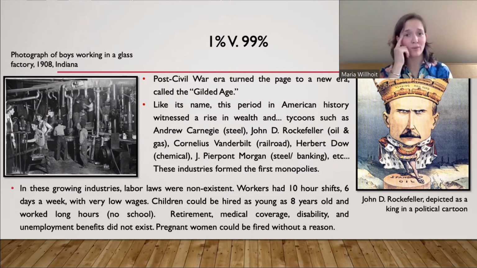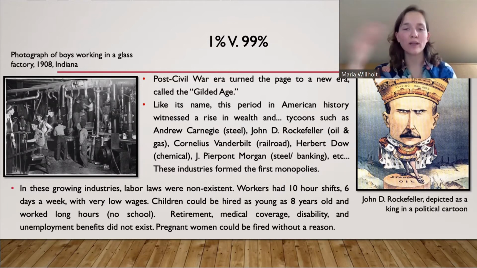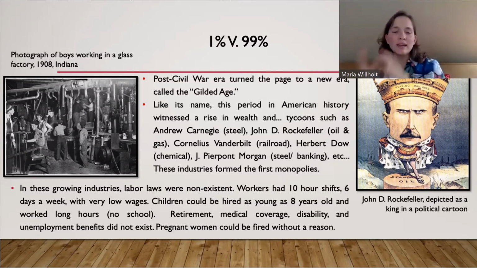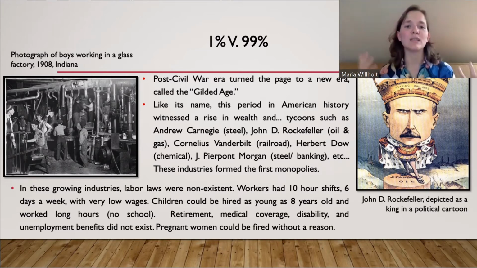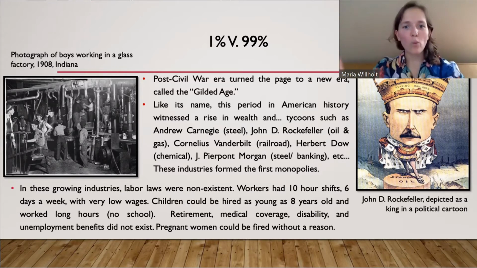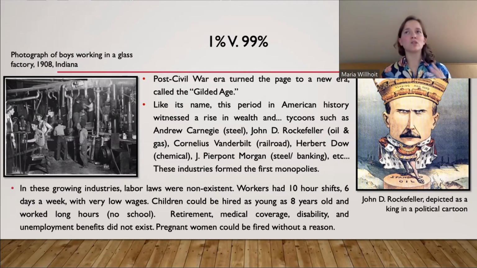And Mark Twain, the writer, actually called this time period, and it's really from 1865 to 1900, even I would say you can go to 1929, for about a period of 60 years, from 1865 to 1929, we have a period called the Gilded Age. Gilded meaning it's like covered in gold. And this is a period, like its name, where America really starts to modernize, but it also starts to witness a rise in wealth.